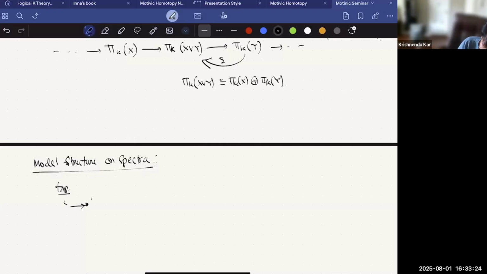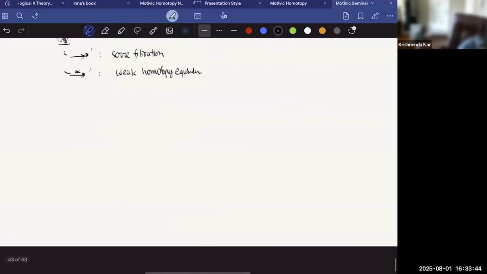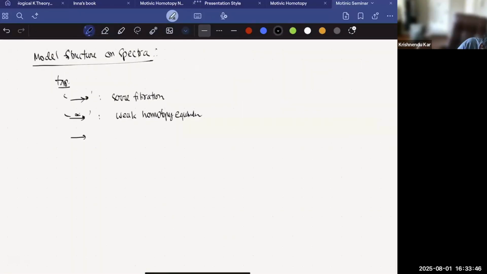Your fibrations were your Serre fibrations. Your weak equivalences were your weak homotopy equivalences. And your co-fibrations were basically identified with the left lifting property with respect to trivial fibrations, and that turned out to be